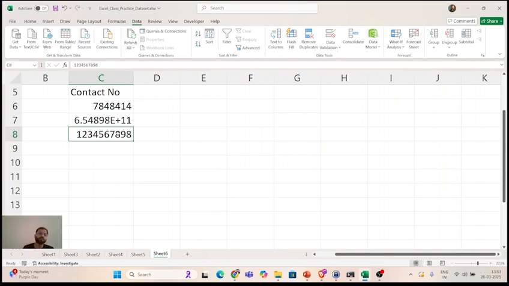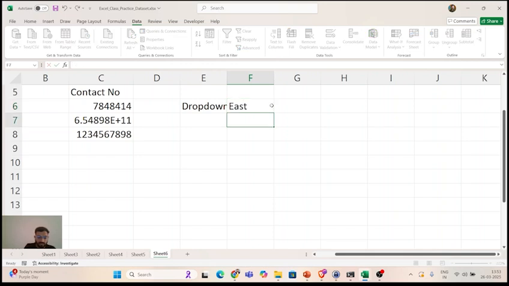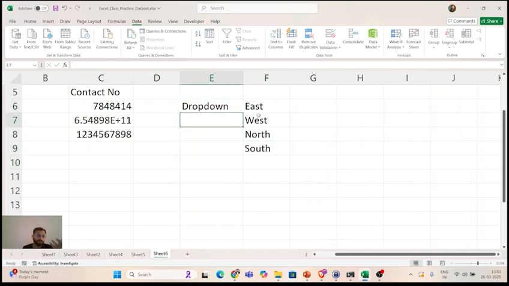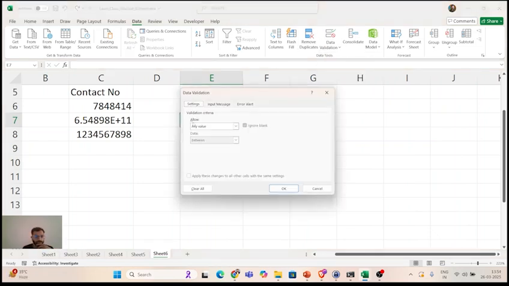So that is about the rule of data validation. Now I can apply this rule to the whole column as well. Similarly, if I want to create a drop down, let's say there are 4 regions: east, west, north, and south. Now I want to create a drop down for the user to select a value only from this list. So if I select that cell, again go to data validation, and allow list.